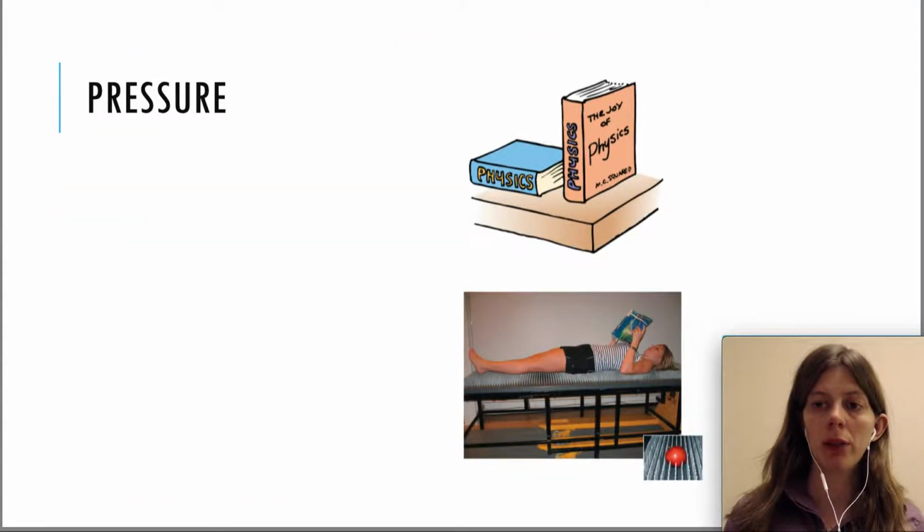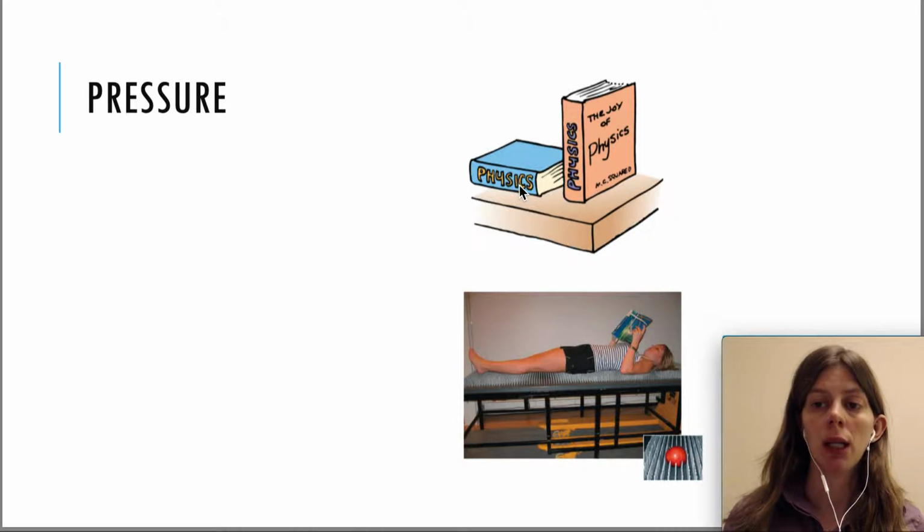I'd like to start this by showing you a few pictures. We have an orange book here. It's called The Joy of Physics. That is a true title. There is such a book. And then there's another physics book that is on its side here. If I asked you which one exerted more pressure on a table, what would you say if I told you they both had the same mass? Well, it turns out that it would be the orange one. You can see that all of the weight of the book is concentrated on a smaller area touching that table